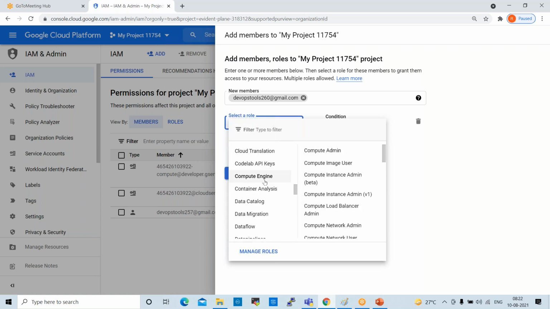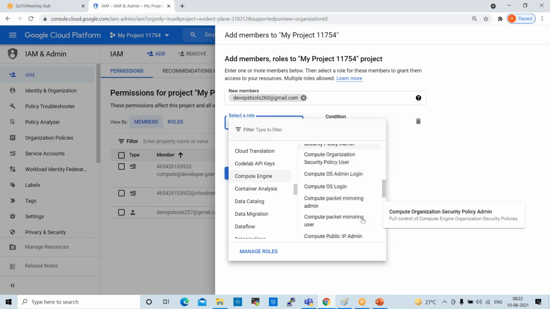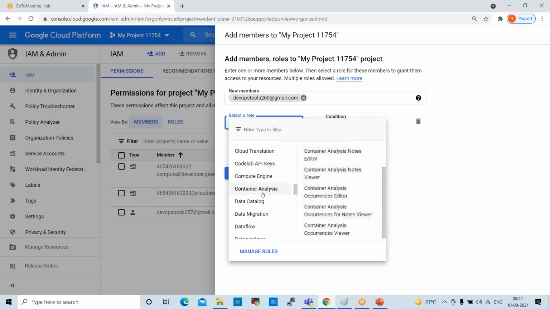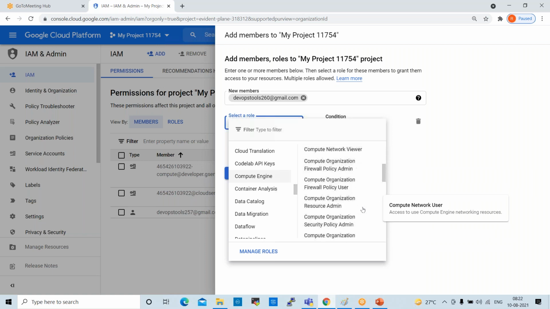Yeah, Compute Engine. See here. Compute Admin role, Compute Image User role, Compute Instance Admin role, right? So Compute Instance Admin V1, beta V1, right? So Compute Load Balancer Admin, Compute Network Admin, right? Compute Network User, Viewer, different things are available. In Compute Engine, we have so many roles available. Network User,